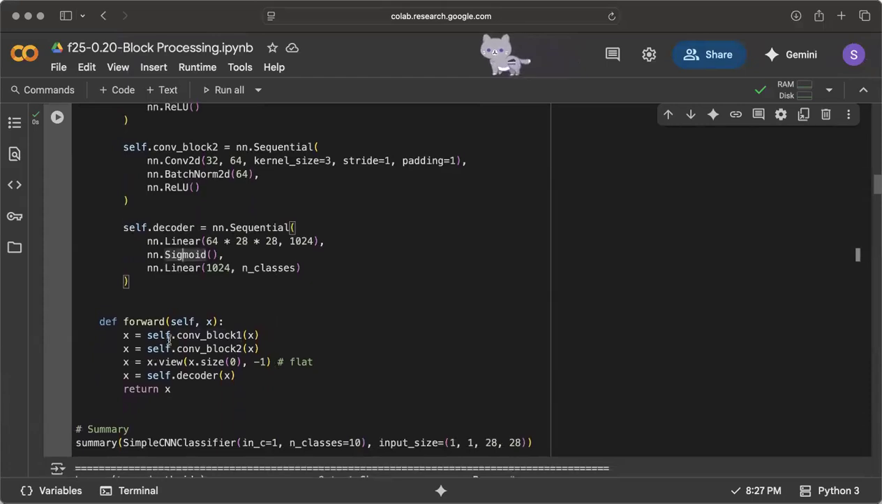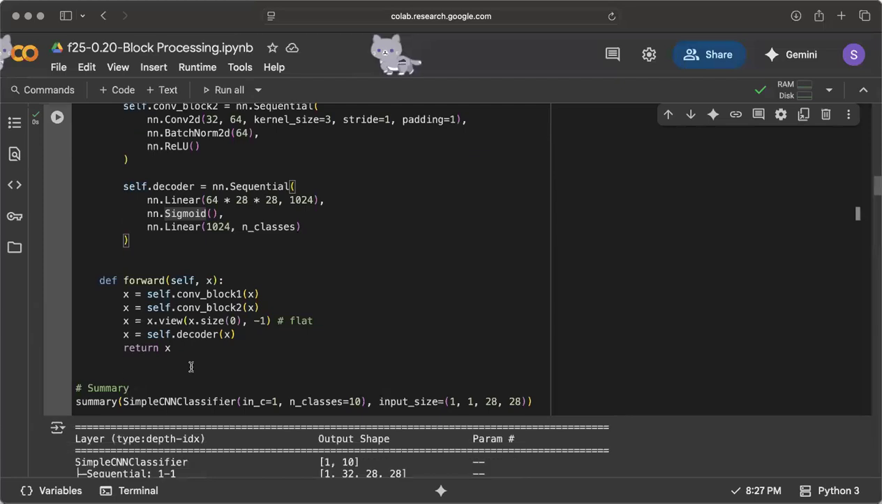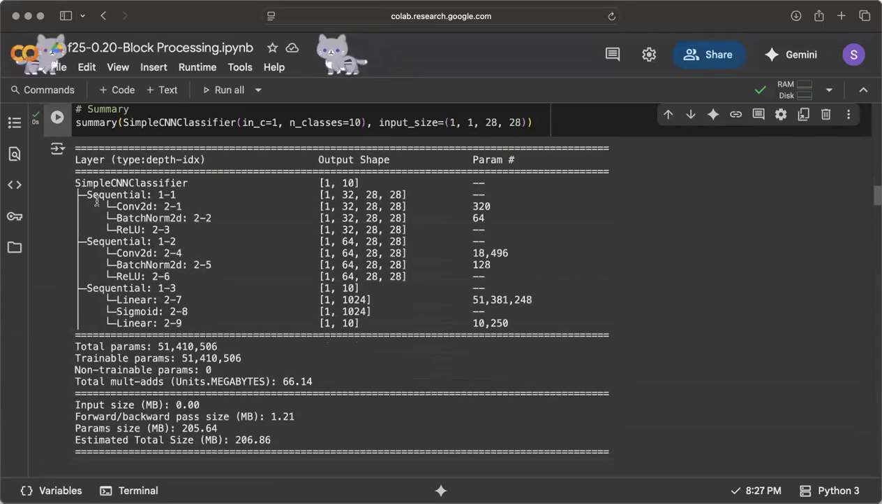Now we have forward that puts the above structures together. All right, then we look at the summary. Now, instead of the layer by layer structure, we have a hierarchical one. It has sequential, the first one. This first one has conv2d, batch norm, relu, conv2d, batch norm, relu, and then the last one is linear, sigmoid,